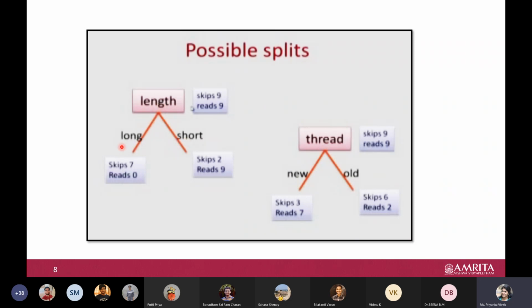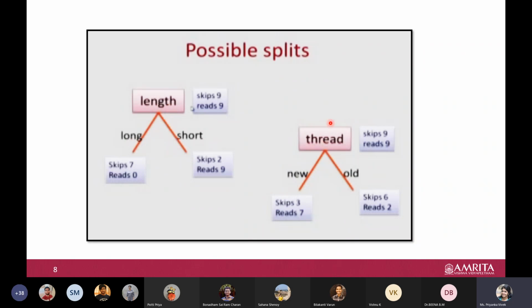When you give long, all the instances fall into the skip class, and when length has a short value, 2 instances are skip, others are read. Okay, this happened when we tried to split based on the length.